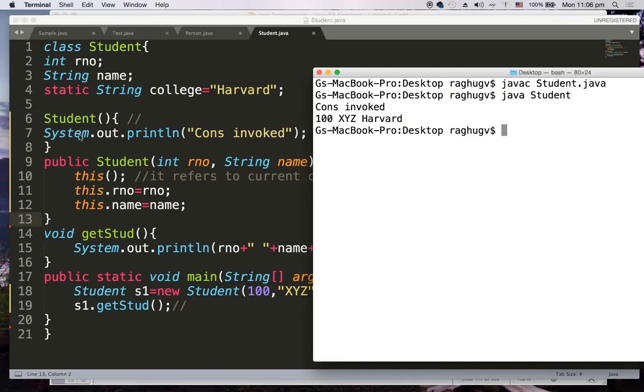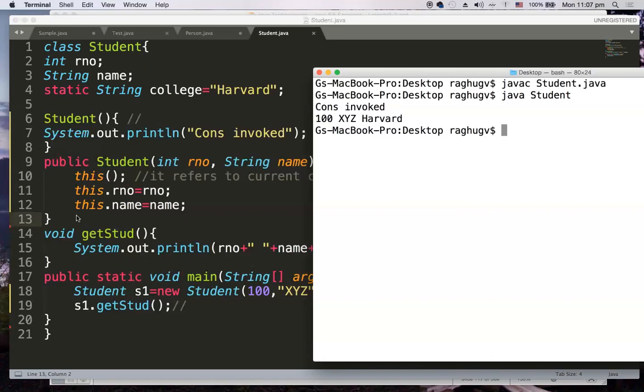So for example, if you have a parameterized constructor somewhere, then you can pass these parameters. You have to take these parameters over here and then pass them. I will tell you that example. So for this constructor, you have to remember two points. This constructor refers to the current class constructor, so it may be a default or it may be parameterized. And if you are writing this constructor, it must be the first statement of that particular block or constructor, otherwise it is going to give you the compile time error.